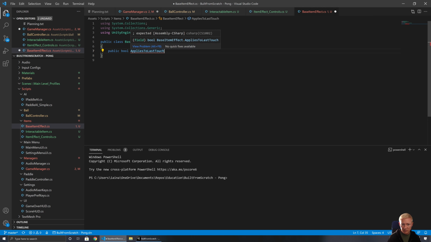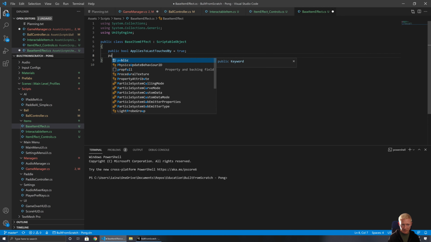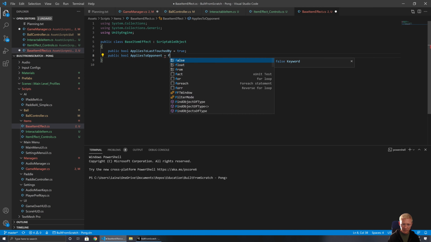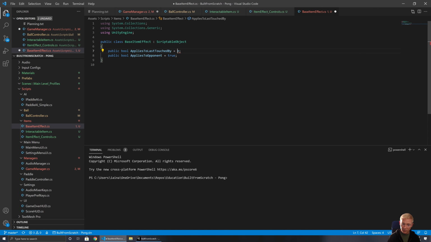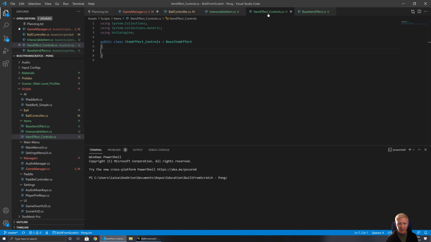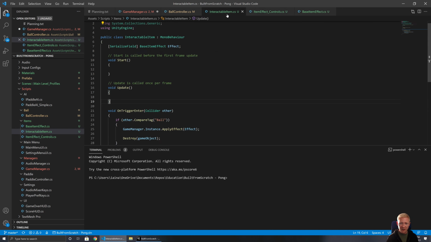Actually, this could be applies to last touched by, or applies to opponent, because what this could be is this would allow us to have, just from the data, an effect apply to both potentially. So it could be something is super, super cursed